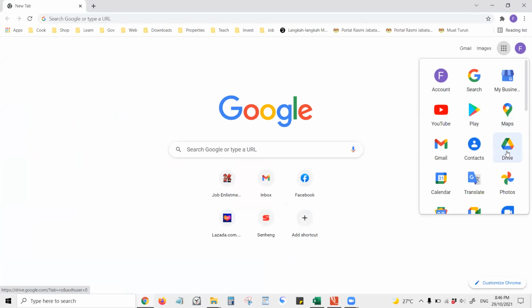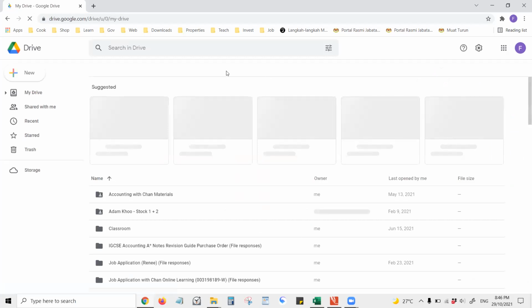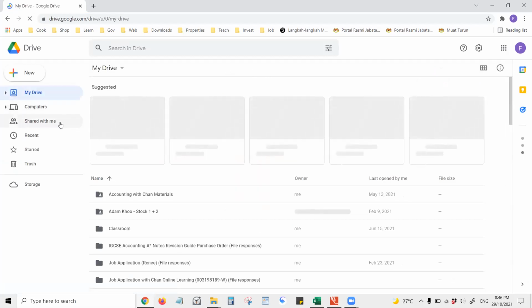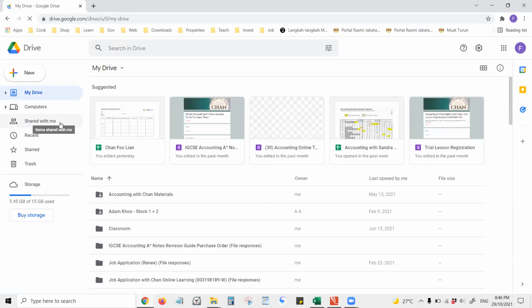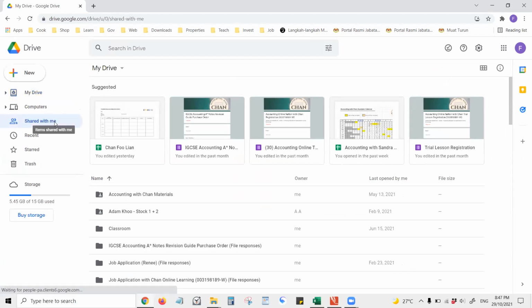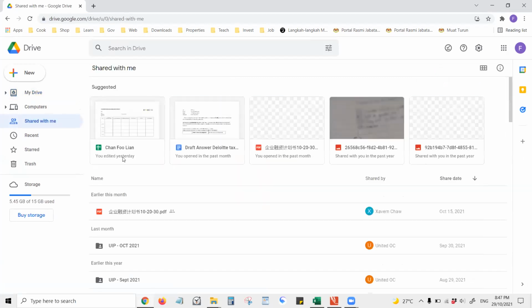This is how you go to Google Drive. Of course, you must log in first. Log in, then go to Google Drive. Then to look for everything that I uploaded, those videos, full answers, do you see on the left-hand side you have a menu there? You click Shared with me,